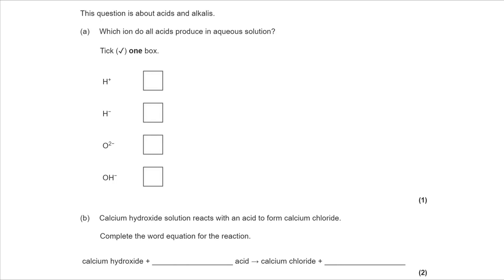This is an AQA GCSE Chemistry question. It's based around the chemical reactions topic, and I'm going to recommend that you try each section, and then once you've tried it, review your answers at the end of the video. So here's parts A and B,